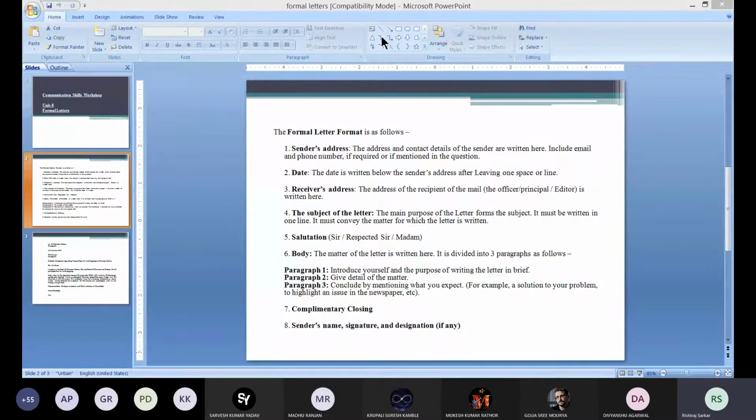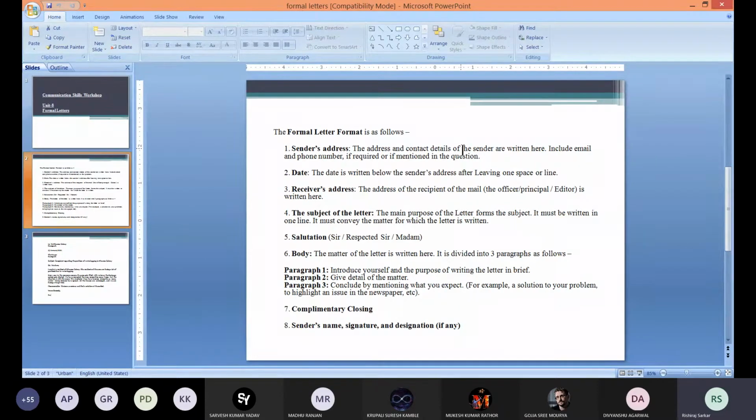So now after the sender's address, there will be one space and then the date. The date will be mostly in the written format, like 24th January 2021. So 24th, with the th in superscript, and then January in writing, and then the year. Then after again a space, there will be the receiver's address, to whom you are sending the letter, along with the